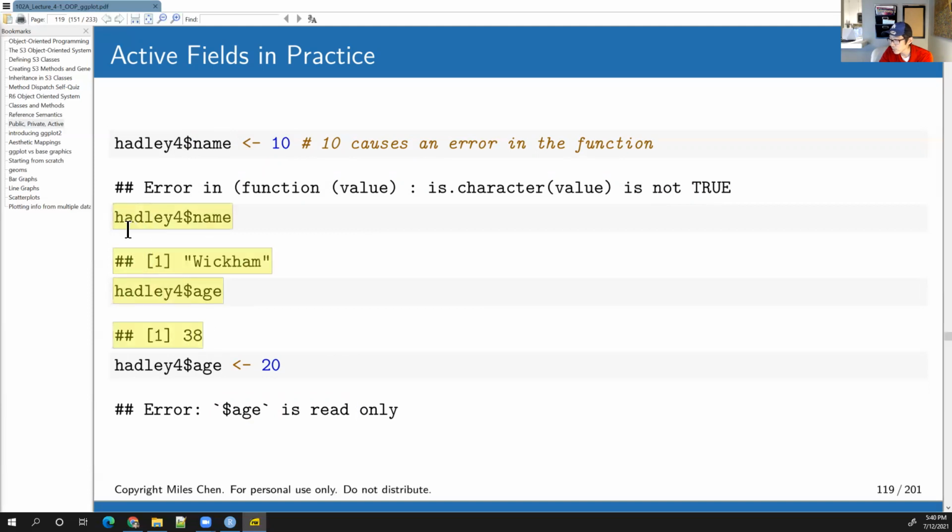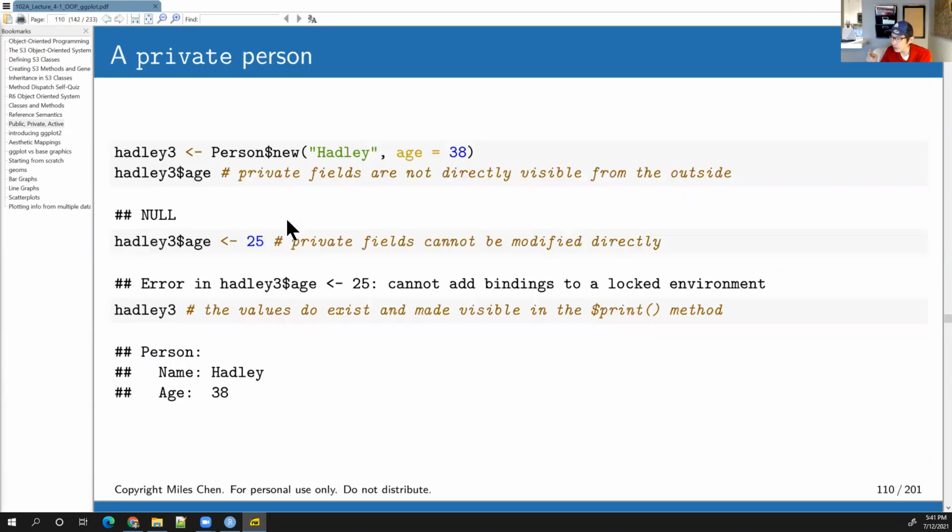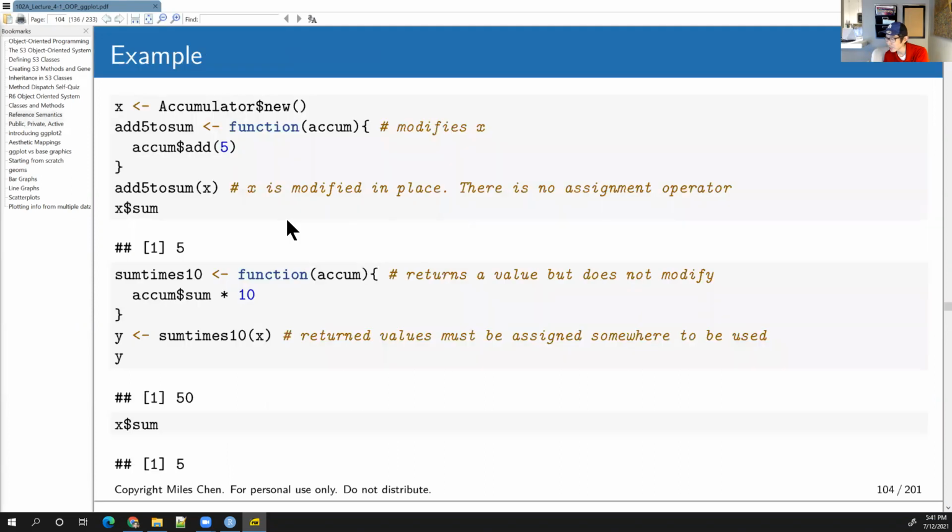These give us, we're able to retrieve them, but they're actually being generated by a function. And it allows us to run these checks. Like I want to make sure we can't modify the age, or I want to make sure we're not going to assign numbers to the name, okay? Whereas back here, way back here,